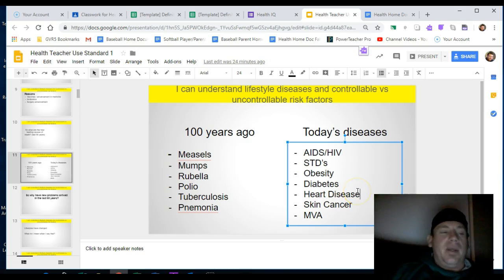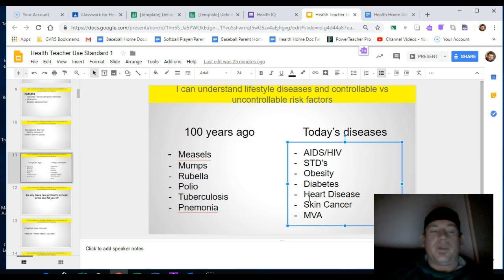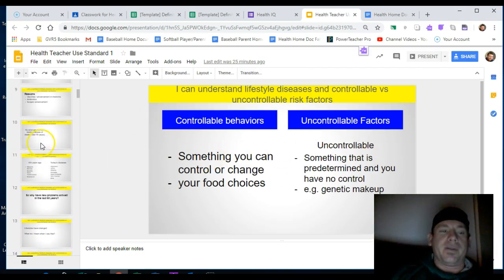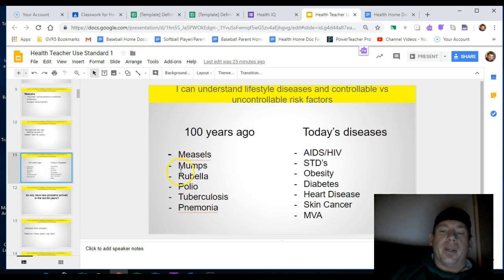It's something that has a lot to do with physical activity and the food intake that you have. And then MVA down here is just short for motor vehicle accidents. We'll get into that a little bit more in the next lesson, but the majority of motor vehicle accidents could be prevented just based off of choices that we're making while we're in the vehicle. Again, going back to the difference between controllable and uncontrollable is really the difference between 100 years ago and